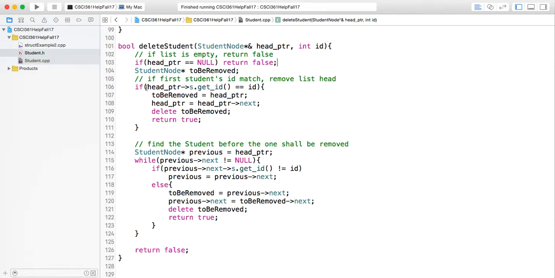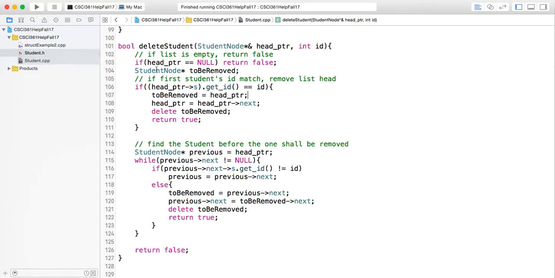So if the head PTR's student, the head PTR which is a pointer to a student node, if this head PTR's student get ID matches the given ID, that means the first student in the linked list has an ID matching the given ID. In that case,